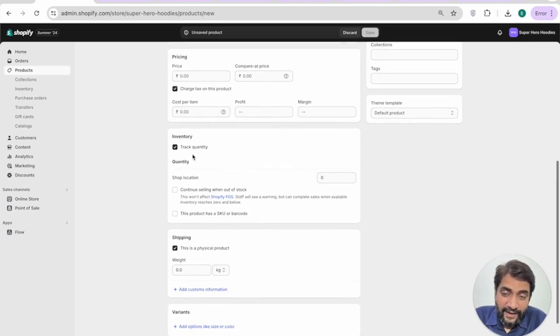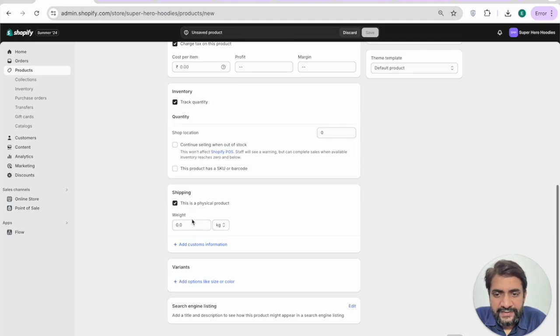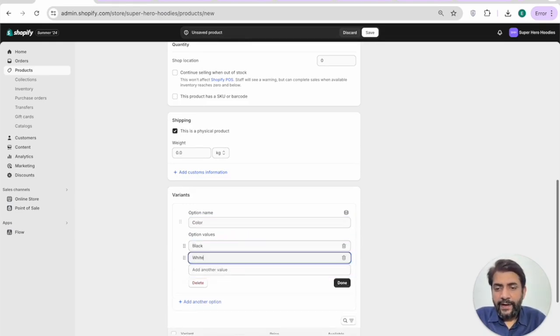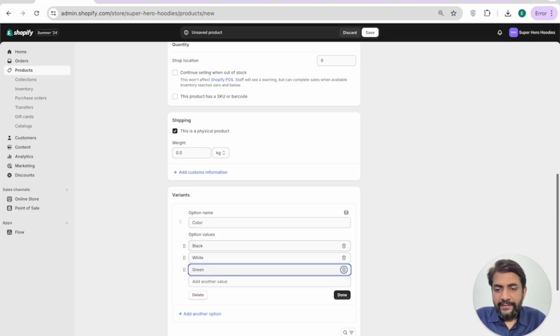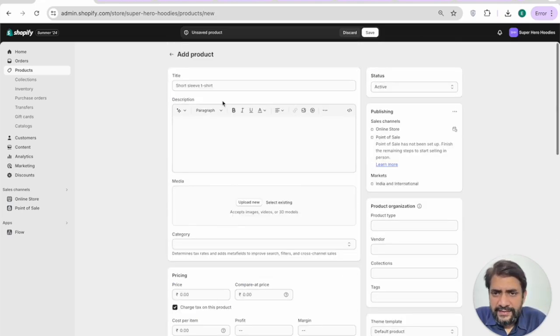You have to track quantity if you're selling a product, and if you have a limited number of quantities of every product, you click on track quantity. This is a physical product with a weight variation. So if you have some variations, say you have some colors, that is black, white, green, blue, so these would be the variations. And okay, let's quickly,